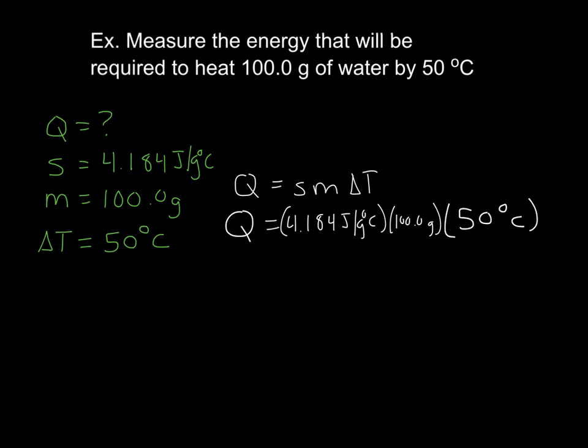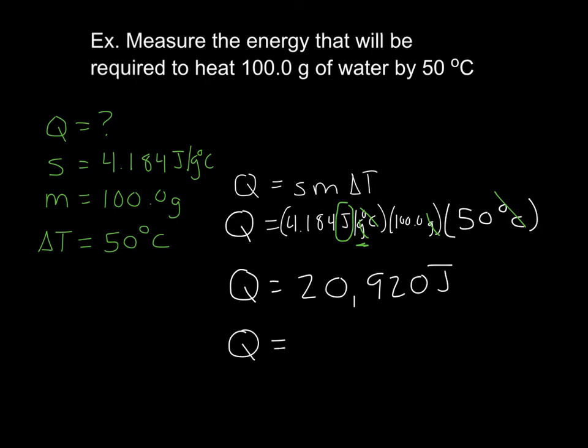Now let's see what cancels out. Our grams cancel out because these grams right here are in the denominator, and our degrees Celsius cancels out because degrees Celsius is in the denominator. We're left simply with joules, which is perfect because that's the SI unit for energy. When we run everything through our calculator, we get a calculator answer of 20,920 joules. But in looking at the problem, we can only keep two significant figures. So our reported answer is going to be